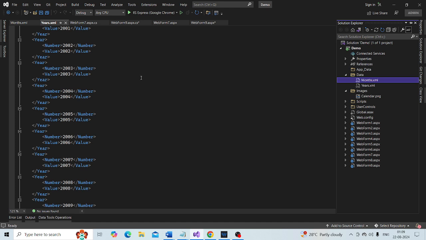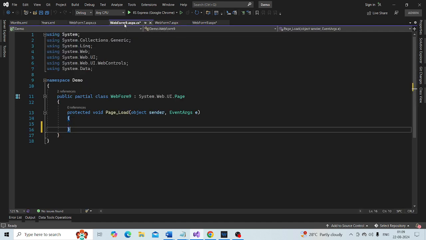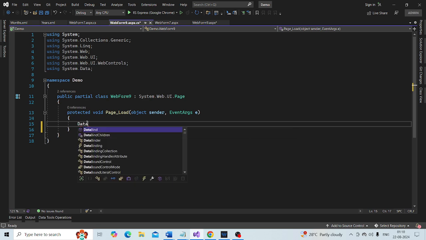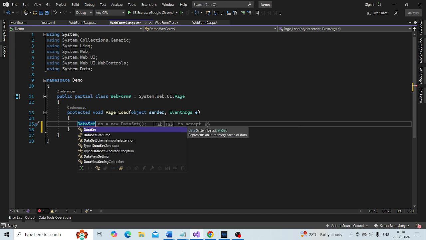So go to the web form, and I'm going to use the DataSet. DataSet is present in the System.Data namespace, so let's import that.